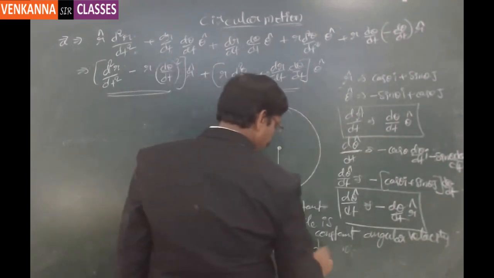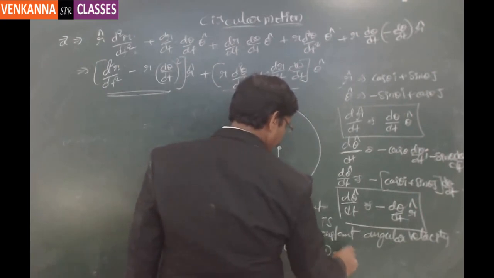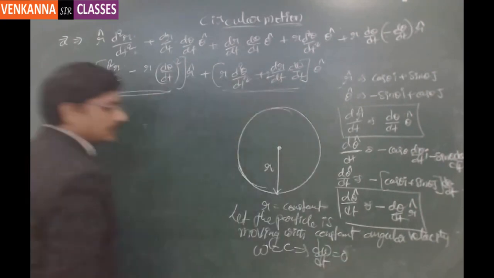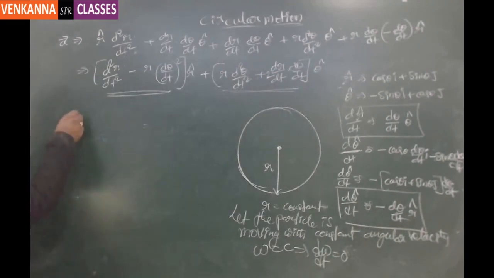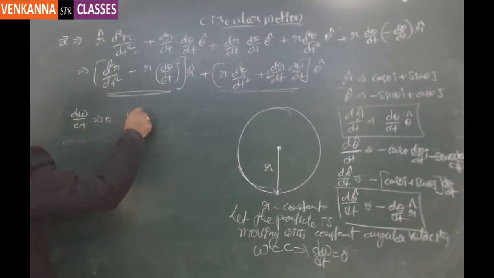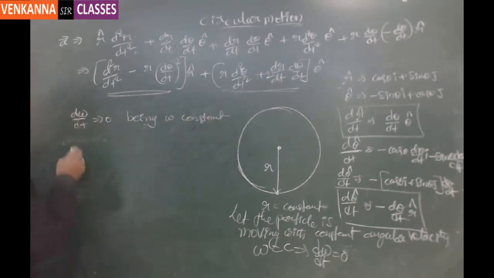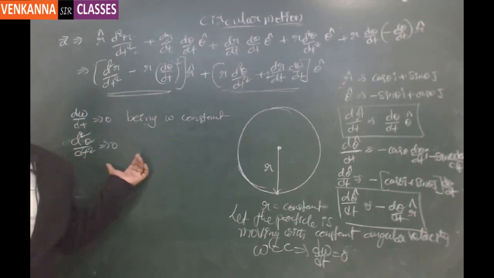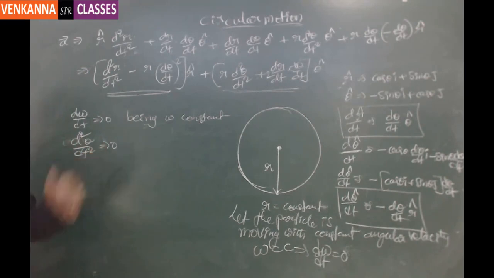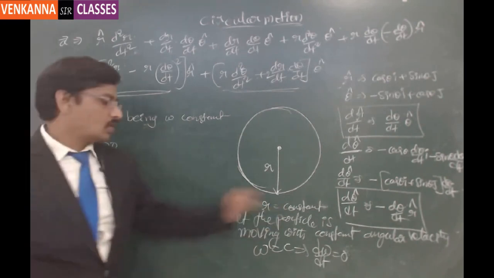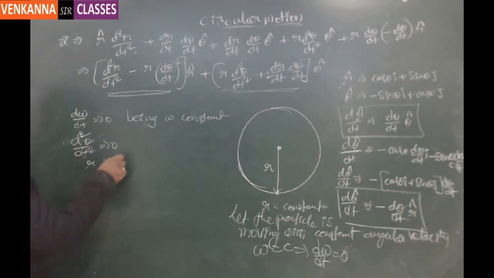It implies that d omega by dt is 0, being omega constant. And the same thing you can even write as d square theta by dt square is 0, right? So omega being constant, the angular acceleration will be automatically 0, and the same thing d square theta by dt square is coming out to be 0, and r equal to constant,